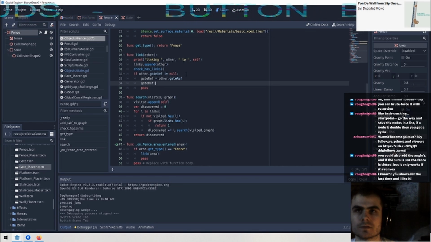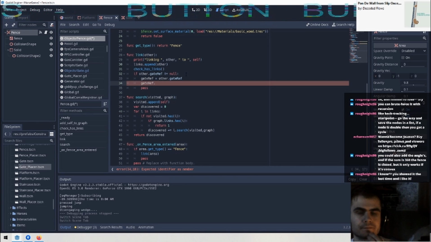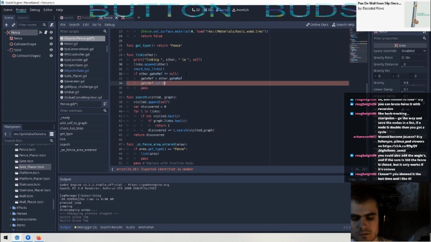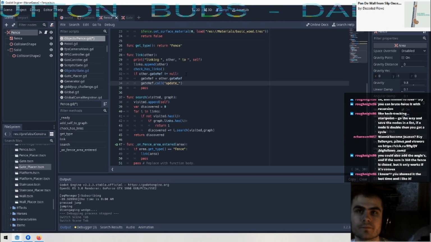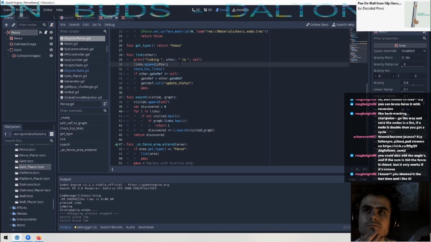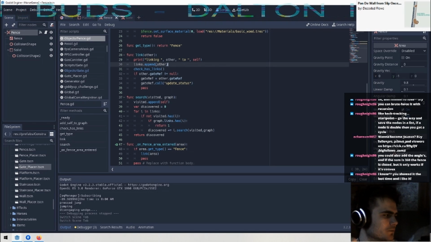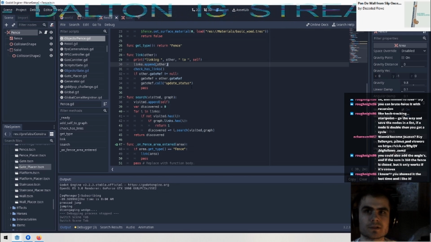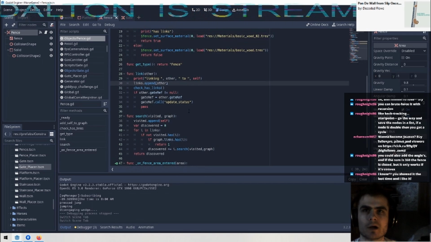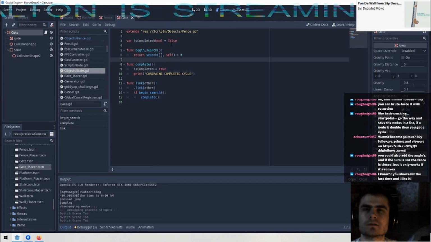gateref dot call update status. This is another way that I could have a list of all the nodes at once by broadcasting this upwards through the link process. Gate